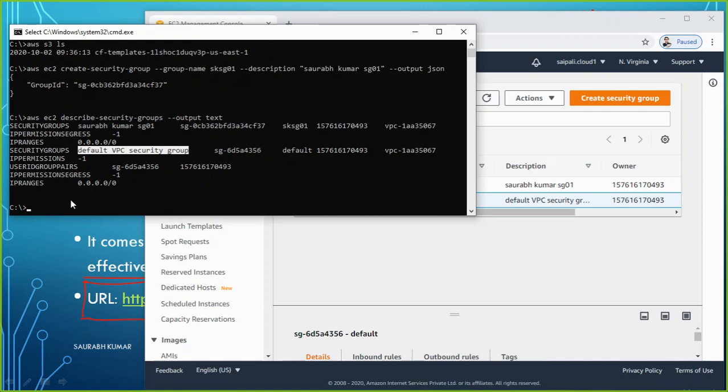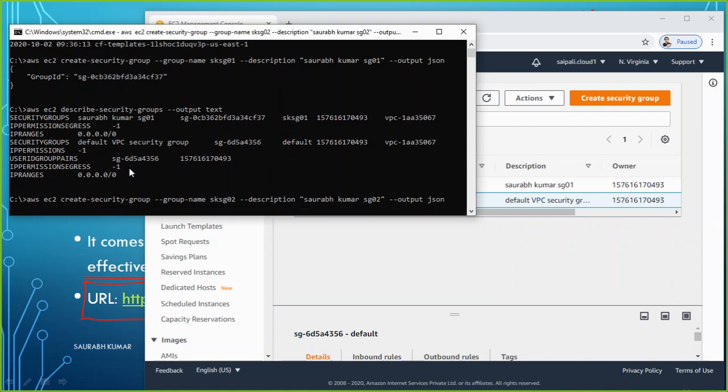Just for revision purposes, maybe I repeat these commands. To create a group, this is the command. Maybe let's create one more group with the name SKSG02 this time. The description will also be 02. So this is the command to create a security group. Hit enter.